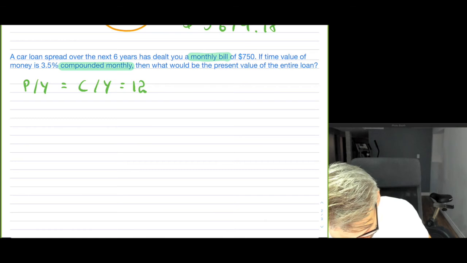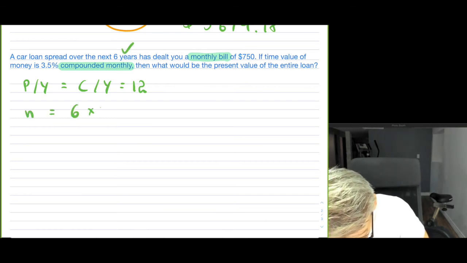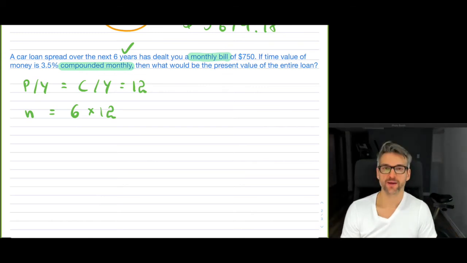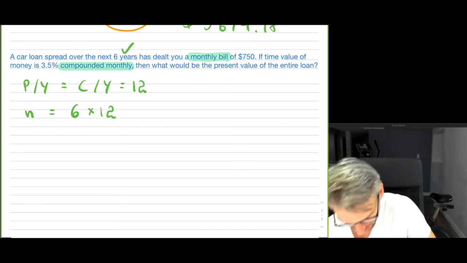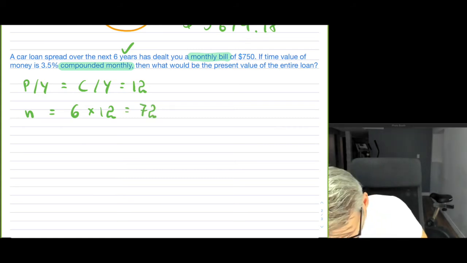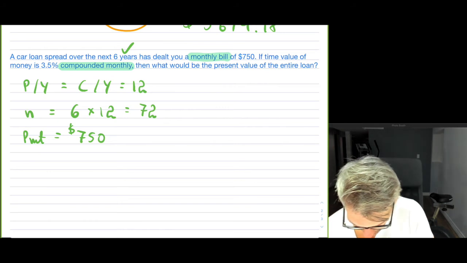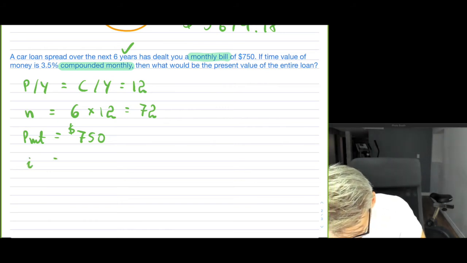All right, so this says it's for 6 years. So N is equal to 6 years times 12, because for 6 years monthly, that's what it would be. So this is 72. Now your actual payment is equal to $750. And your I,